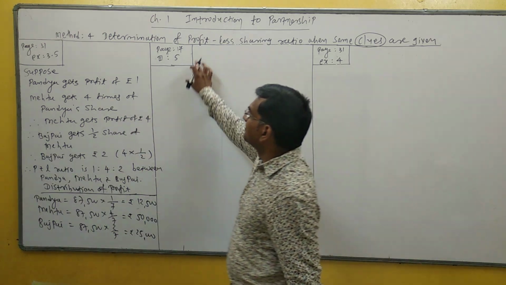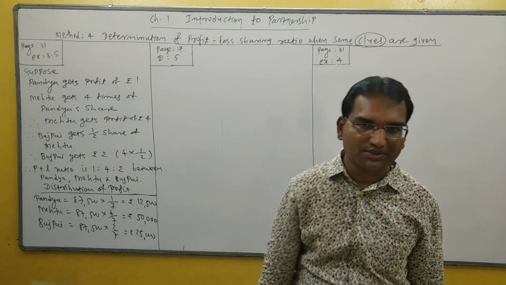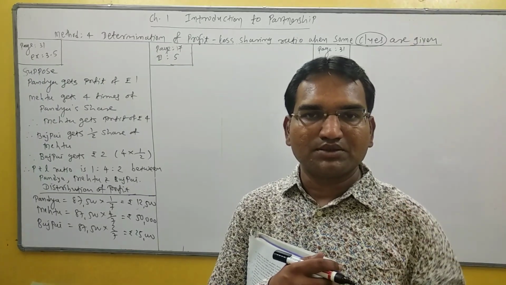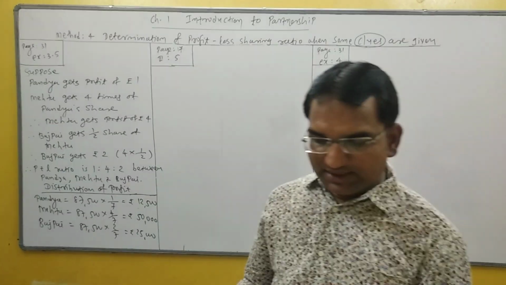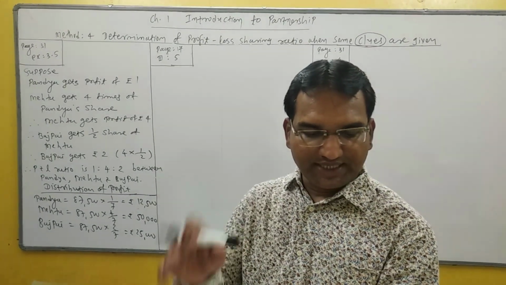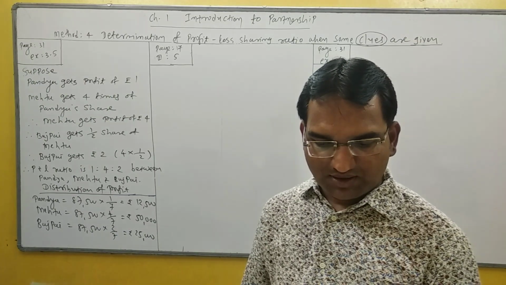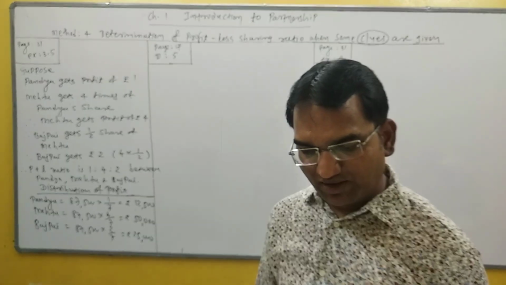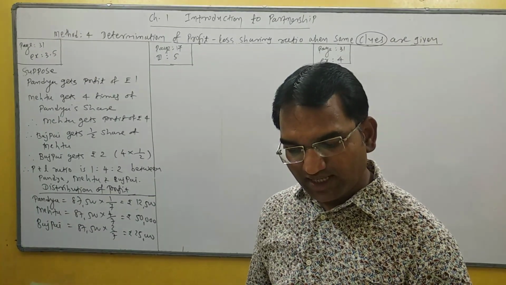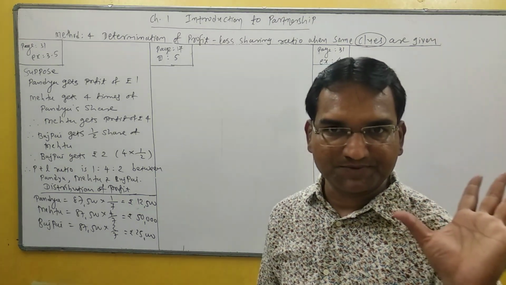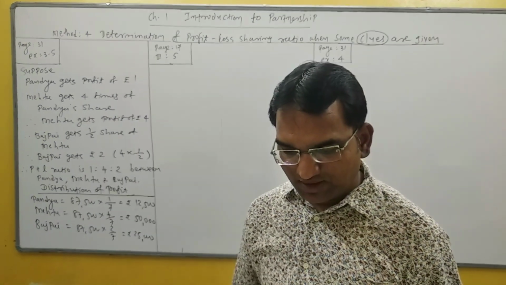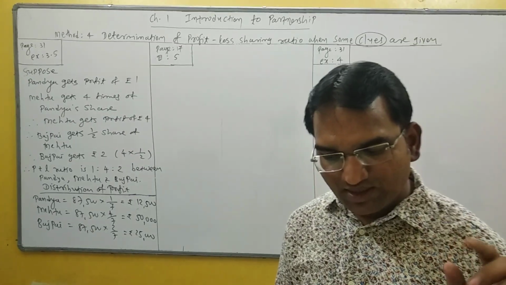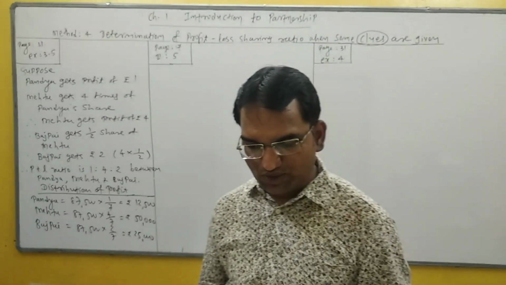Illustration 5, page number 17. So students, open your textbook, page number 17, illustration 5. Are you getting? Okay. In this illustration, three partners are given: Riya, Dilip and Kirtan. The share of Kirtan is 1/5 of Dilip, and the share of Riya is double the share of Kirtan. So be careful here, condition. Determine the amount of profit of each partner, same as the previous example, if the profit of the year was 1,92,000.